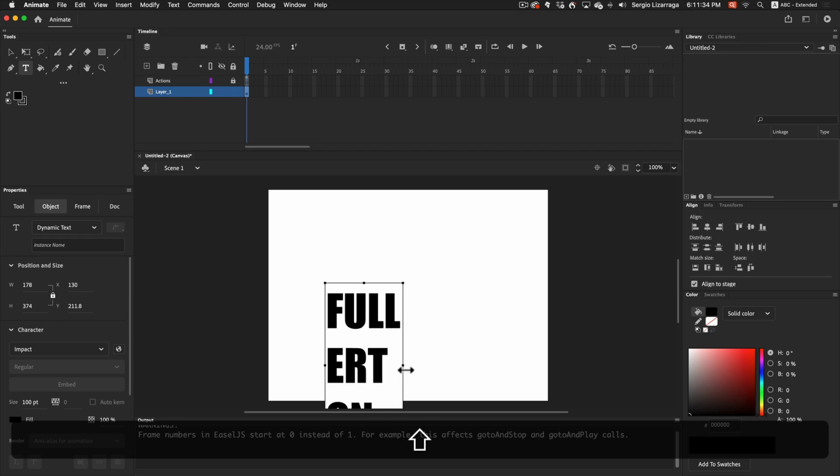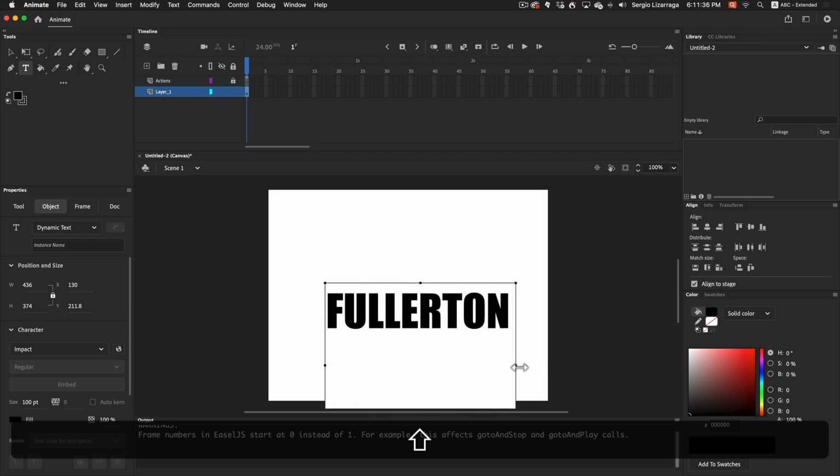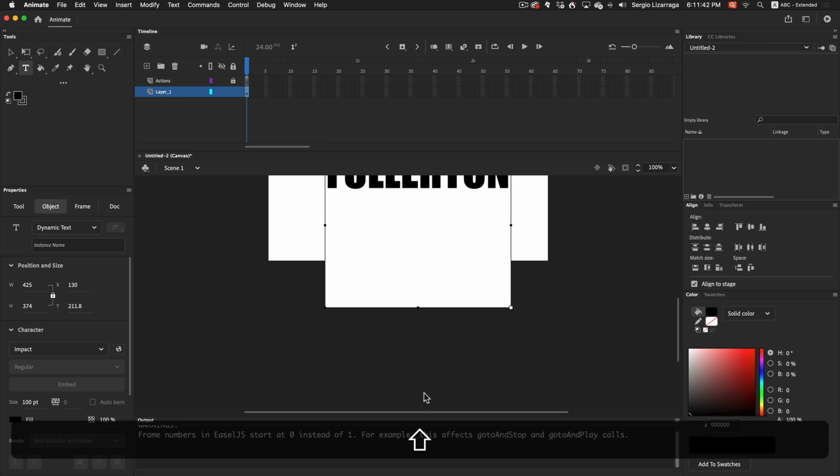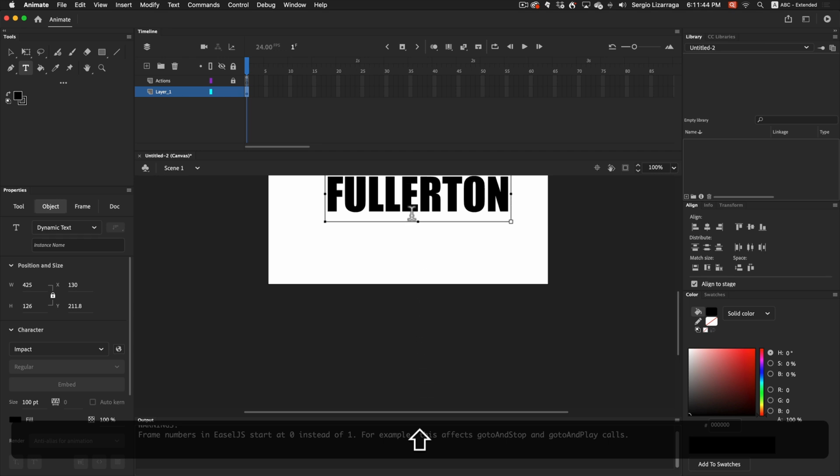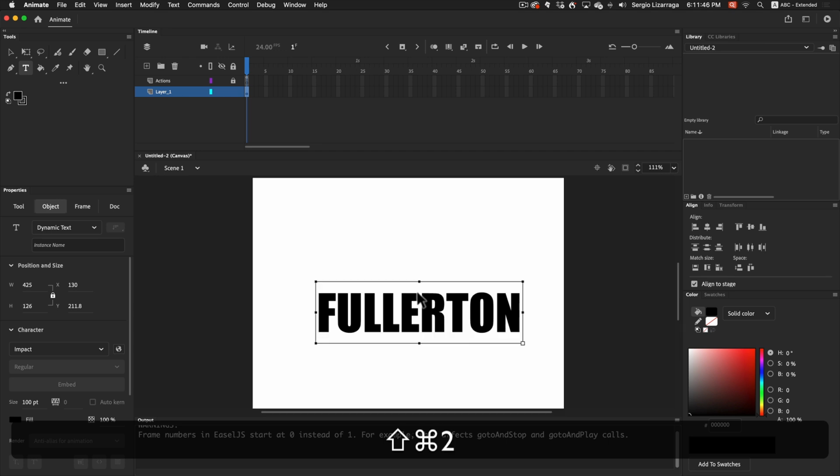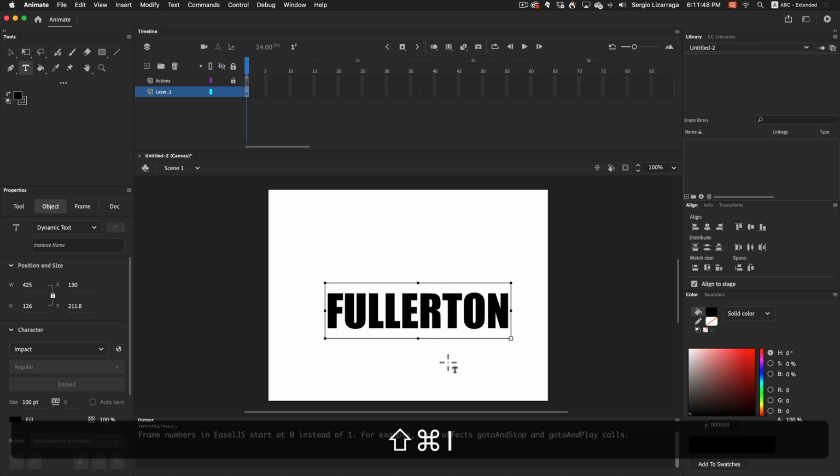I'll make the box bigger yet, and I'm just trying to size it down so that it's more or less the right size, and I'll center it this way. Okay, so back I'm doing a Command 2 and a Command 1, and I'll grab my selection tool and I'm going to center it vertically and horizontally,